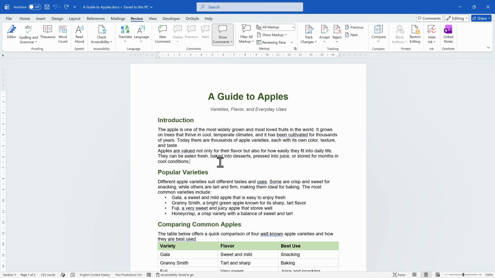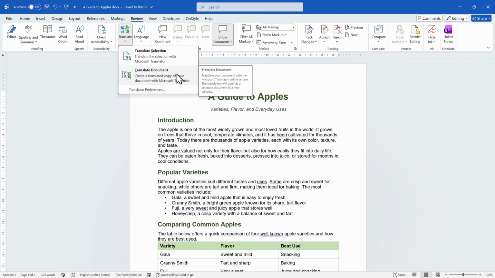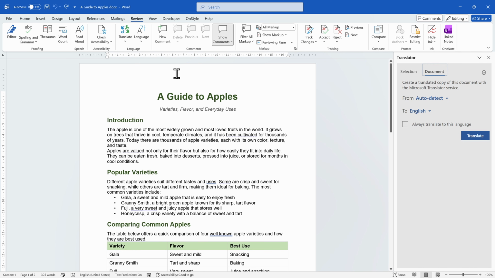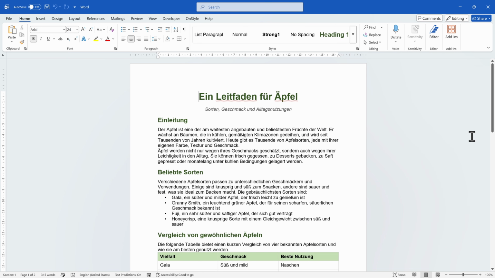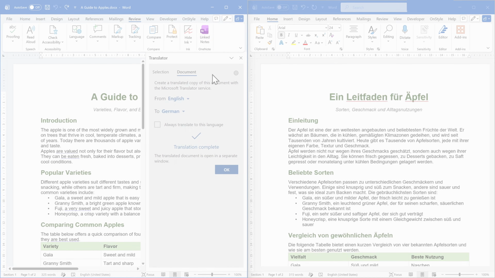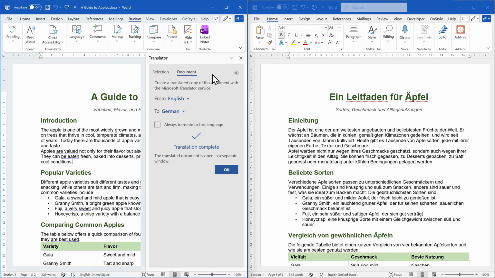Now the powerful one. To translate everything at once, choose Translate Document. In the From drop-down, you can select the document's original language. To prevent issues with Auto-Detect, let's choose the language manually here. Following this, all we have to do is set our target language, then click Translate. Word now creates a brand new document with a full translation. The best part is that your original stays untouched, and that's important because this way you never lose your source file. Save the new file with a clear name so you can tell the two versions apart.